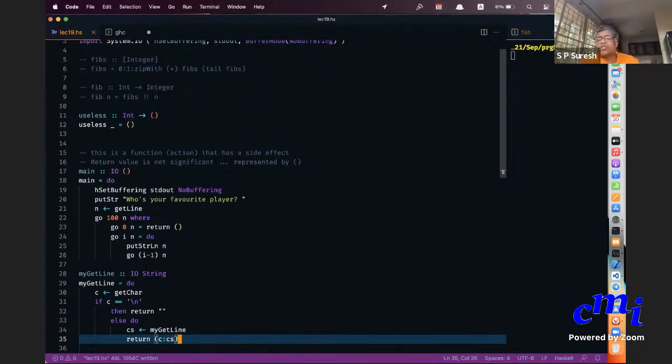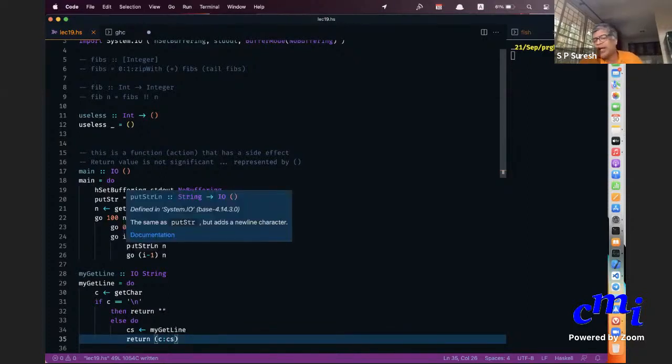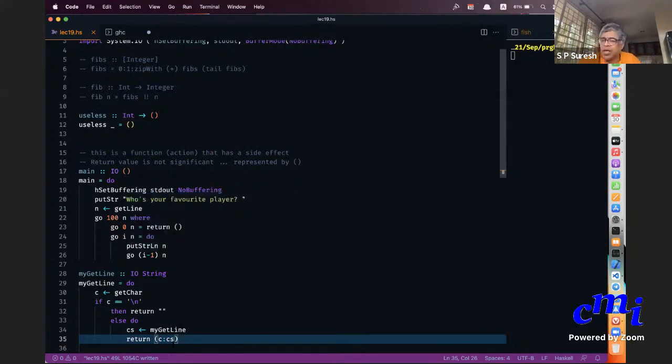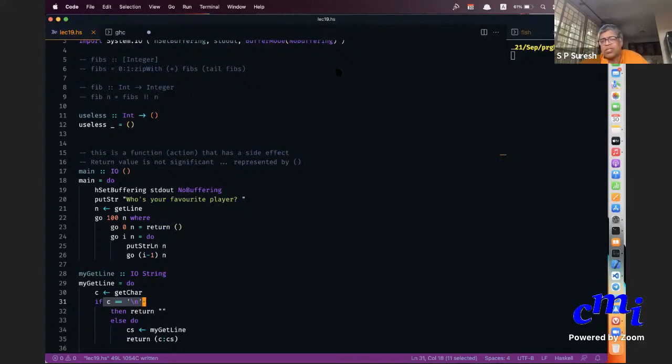Okay. So this is implementing getLine in terms of getChar. I'm saying this recursion need not just be driven by numbers, like i times i minus 1 times, right? It can be a forever recursion which is stopped by some condition here. The condition here is c equals newline. Don't worry if you feel that it's a little quick. We'll go over some of these things on Thursday's class again.